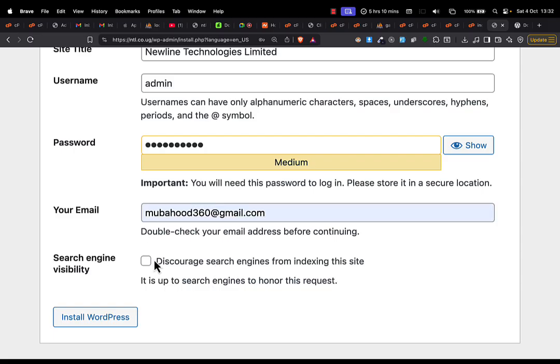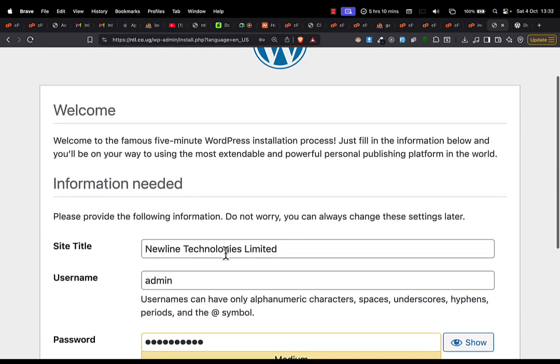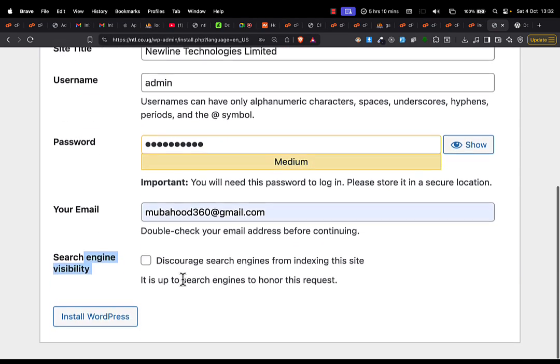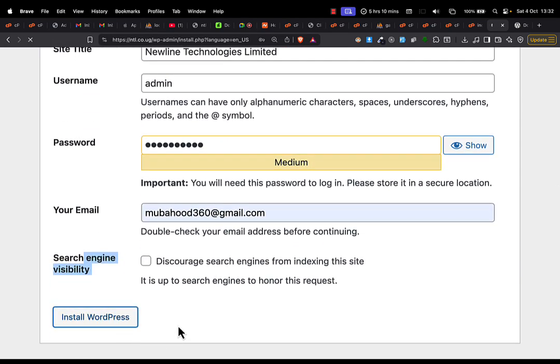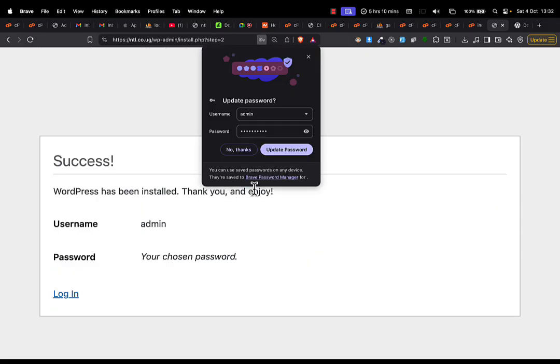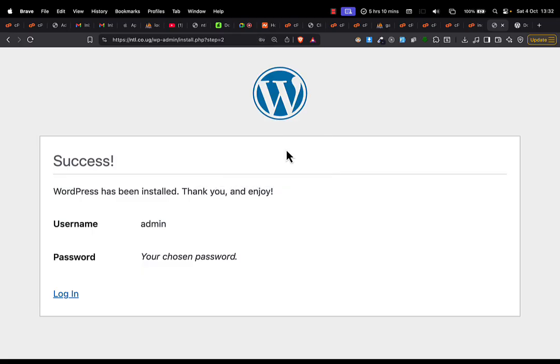I want to discourage search engine. No, I want search engine to keep searching it. So that's it. I go ahead and put the install WordPress. So I'll wait for like a minute for the WordPress to install, but it didn't take me a minute even. All right, success. I click on login,